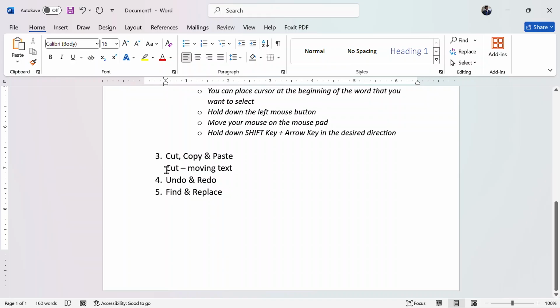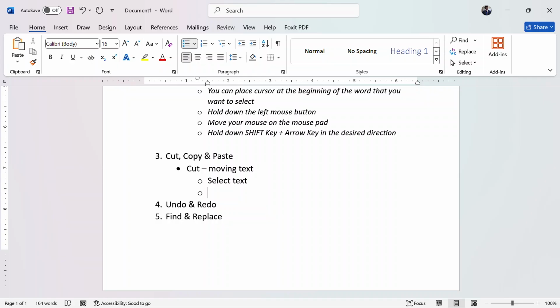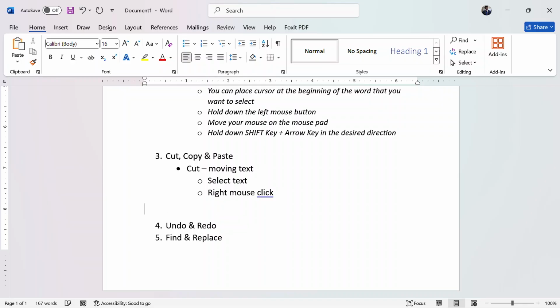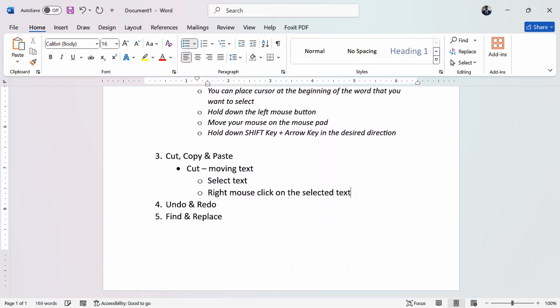For example, I select the text, right mouse click on the selected text, choose cut from the menu displayed.